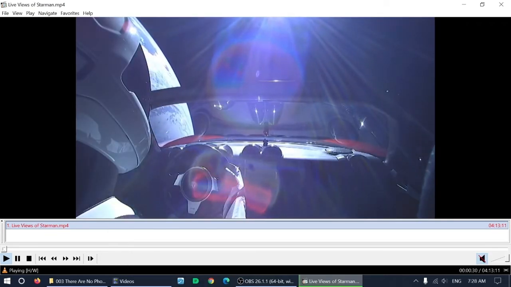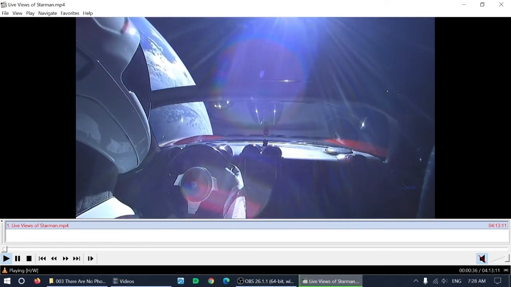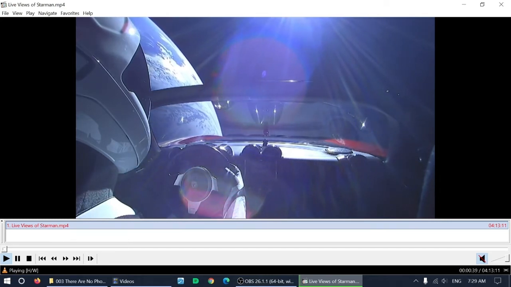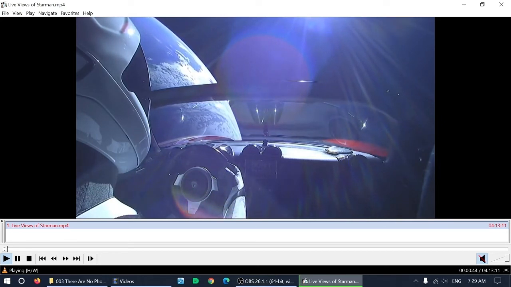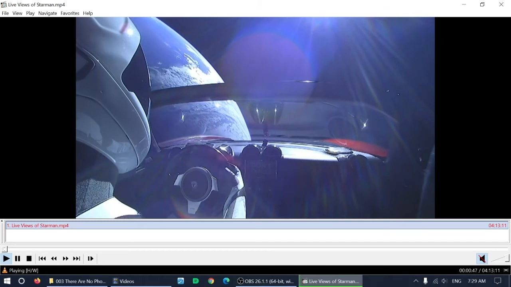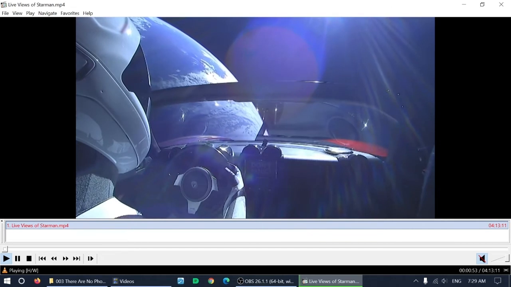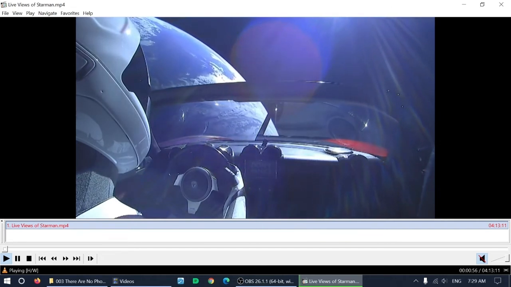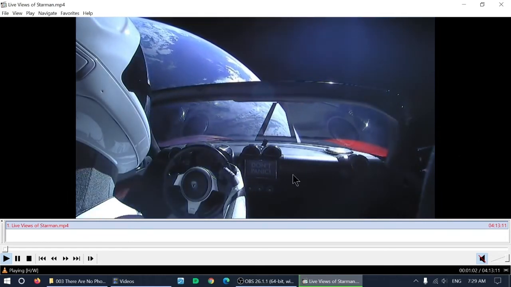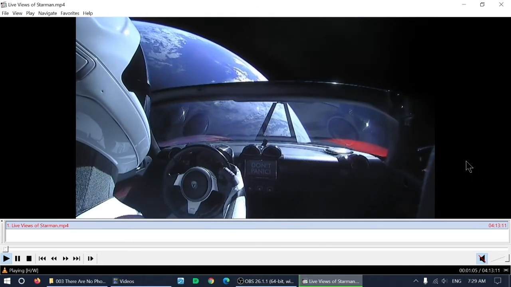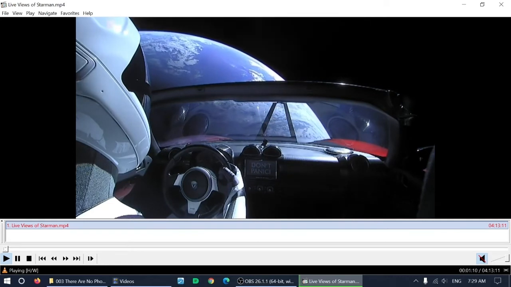So in discussing some of these things with my family, my brother mentioned, well, what about that live stream of the Tesla Roadster in orbit around the Earth? And I had heard about it, but I didn't watch it live when the event was happening, when SpaceX supposedly put this thing up there, and here's the footage. And my brother was under the impression that it was a continuous live stream, which it was not. There was a 4-hour supposed live stream during the event itself,